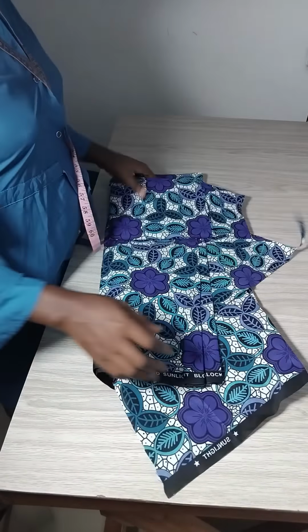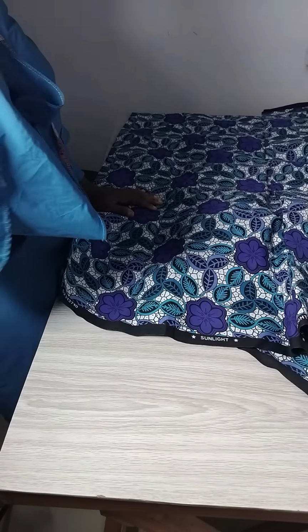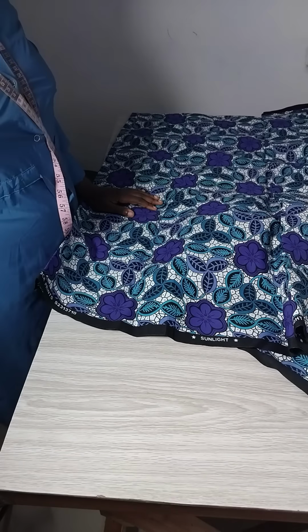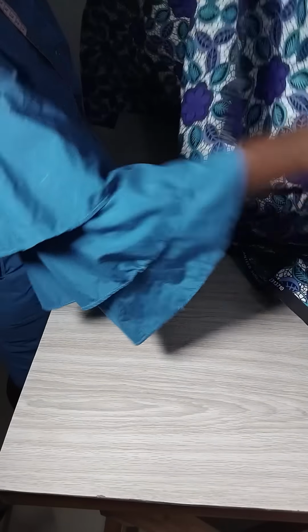Why is it going to be 128 by 5 inches? Why is it going to be 5 inches? No, we cut out 2. So to replace that 2, we are going to add half an inch. So on this fabric now, I'm going to cut out a stripe of